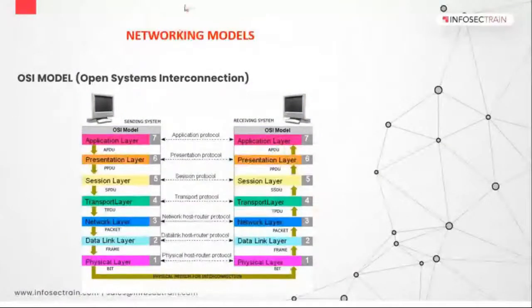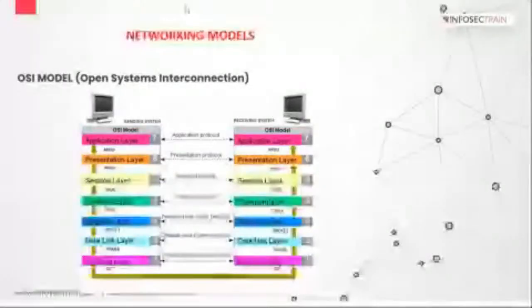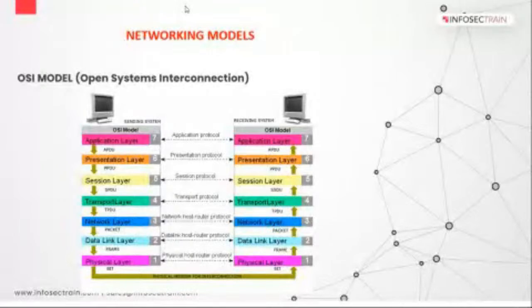Okay, so let me tell you guys. ARPANET was a protocol, a model that we were using before. When the OSI model was not there, the Department of Defense of the US created ARPANET, right?